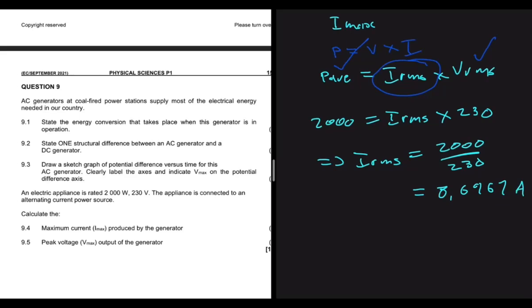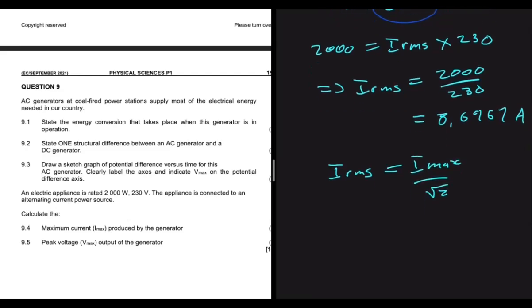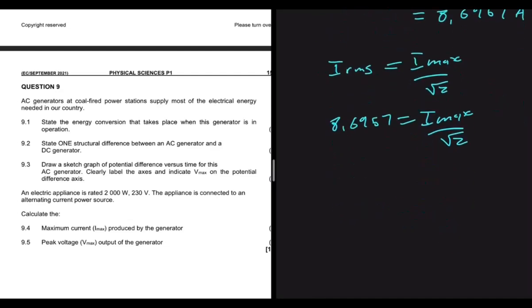We can go ahead and try find the Imax, right? So what is the relationship between IRMS and Imax? We know fully well that IRMS is equal to Imax divided by the square root of 2, right? So in place of IRMS, we have 8.6957, being equal to Imax divided by the square root of 2. Should be obvious what you're supposed to do now. So Imax will be equal to, we cross multiply, right? So we have that multiplied by the square root of 2, which is equal to